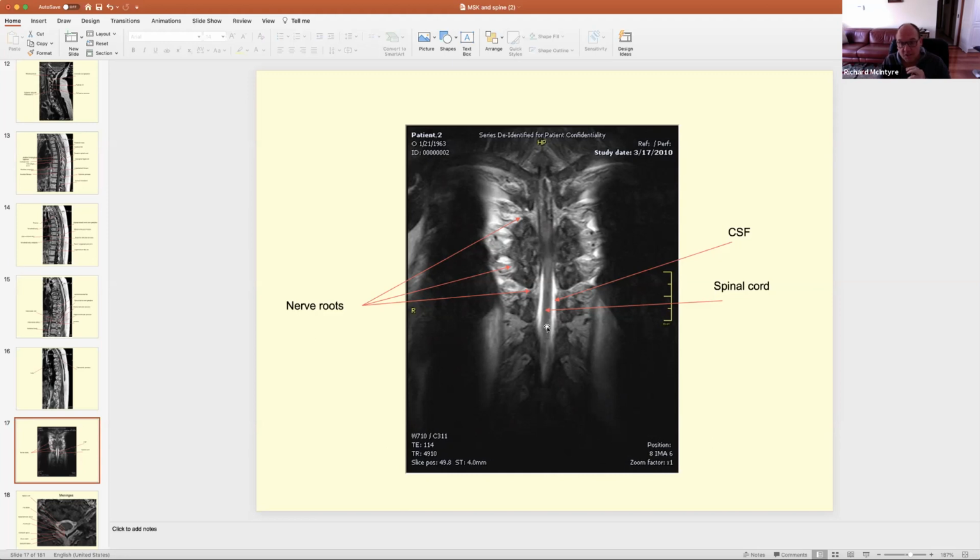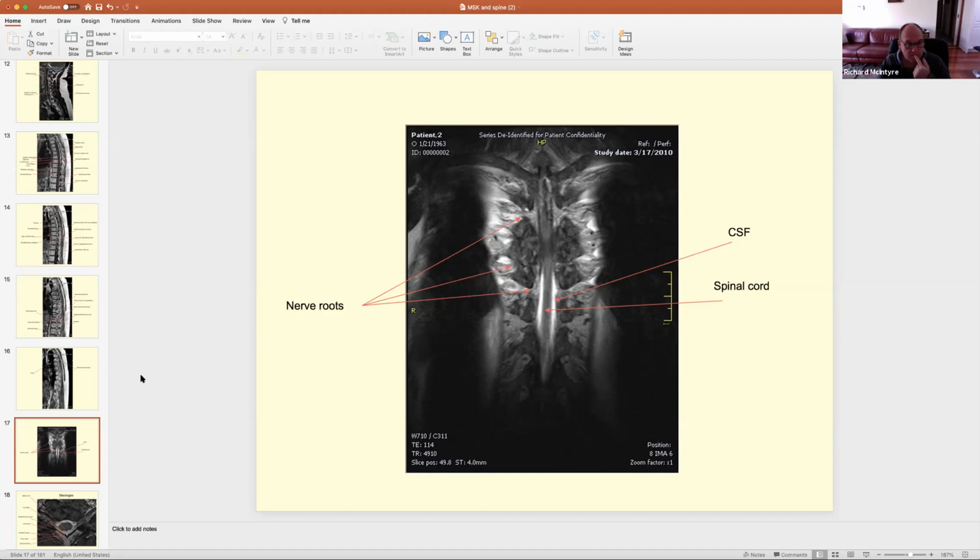Okay, and obviously you can see the spinal cord there in the middle. You can see the dark spinal cord in the bright CSF. So we know that's a T2 weighted scan. Okay, and again, another point of importance is recognizing the structures inside it, assessing their intensity,